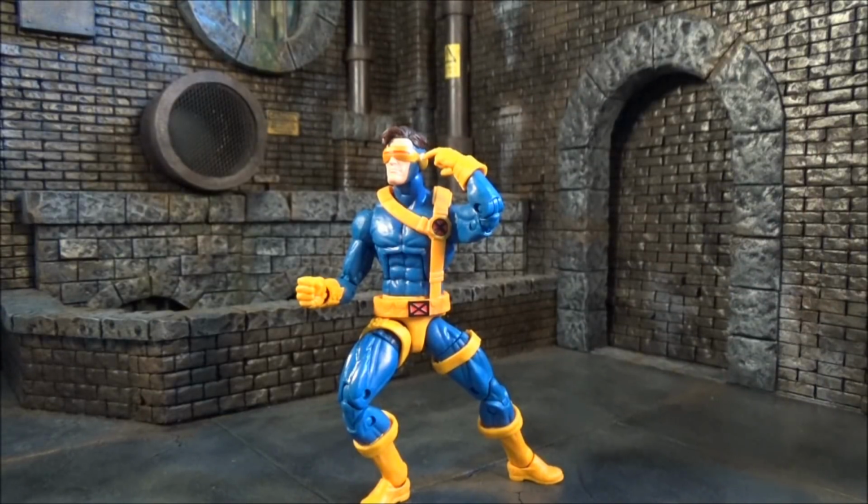All right, here we go. Falling at number 5, no other than that Jim Lee Cyclops. Now this fig right here, I don't know to some people, but to most, this one was another tough one for me. And I got to give a head nod and a shout out to Unboxing Art. He got in touch with me through Instagram and said, "Hey, I got what you're looking for," because I had video of me trying to find this Jim Lee Cyclops right here, and he's one that everyone was trying to get,